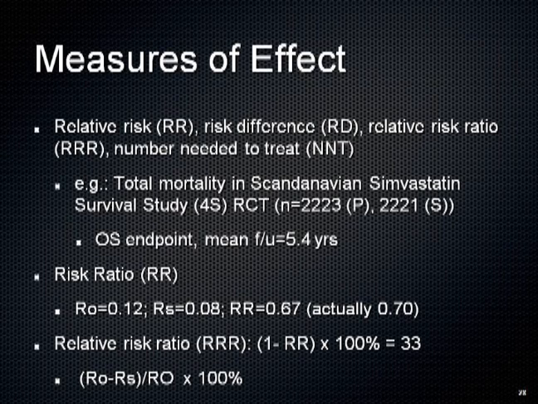There are various ways to present the outcomes. There can be a relative risk, which is how have you changed the likelihood, your ongoing risk of a bad outcome. Risk difference, what's the absolute difference that you obtain? Relative risk ratio, and the number needed to treat. In other words, how many patients have to get treated for anybody to get 1 unit of benefit? So, for example, if you look at the total mortality in the Scandinavian Simvastatin Survival Study, or 4S, there were huge numbers of patients. The overall outcome was overall survival with a mean follow-up of 5.4 years.